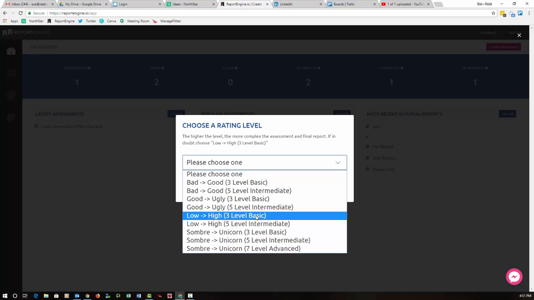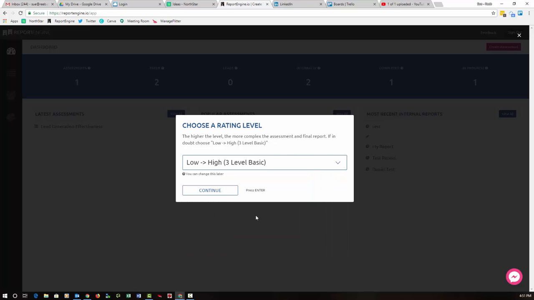And I would suggest, if this is your first report, I'd stick with basic, so that you can see how it works and then decide if you need to go up a level or two. But basic ratings certainly will help you achieve your outcomes. So choose the 3-level basic,